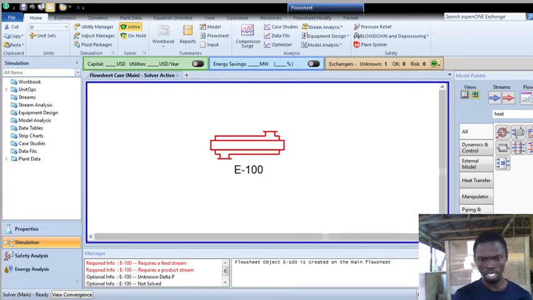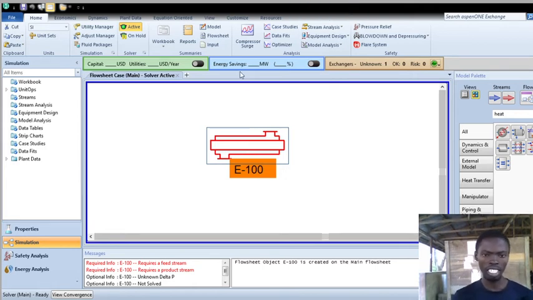Under this one, now let's look at it. You have four actually. So how do you know? When you double click on it, of course you have the tube and the shell. Do we get that? You have the tube and the shell. So which one goes through the tube? Which one goes through the shell? Will the hot water go through the tube or the cold water?